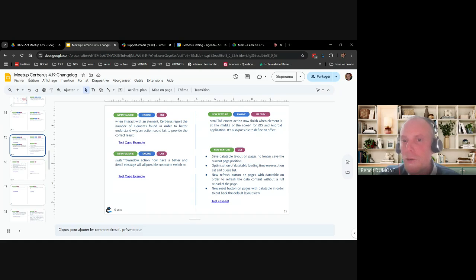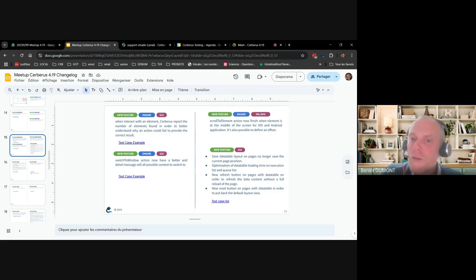The scroll to element has been a lot improved, and that's only on iOS and Android. That's probably an improvement that we'll try to do also on Selenium in the future. Now the scroll is a lot more clever. It will scroll doing some periodic swipes until it finds the element that has been pointed.